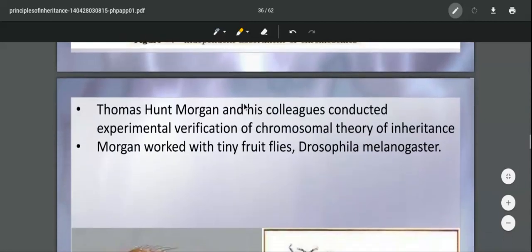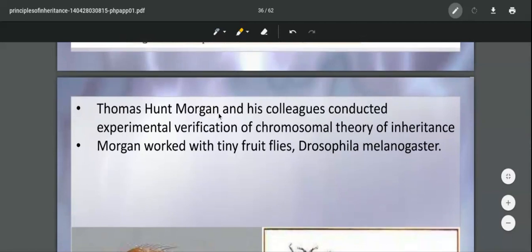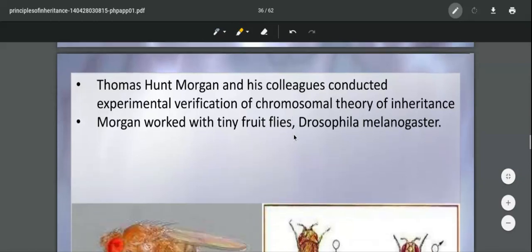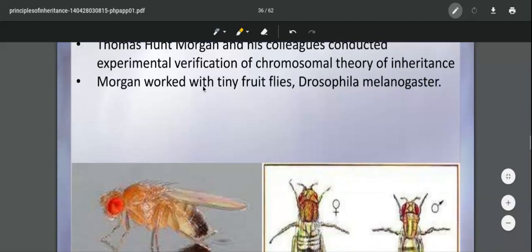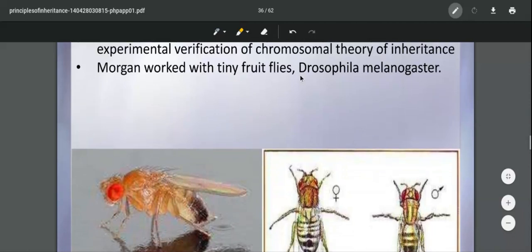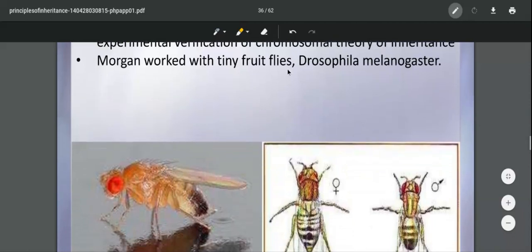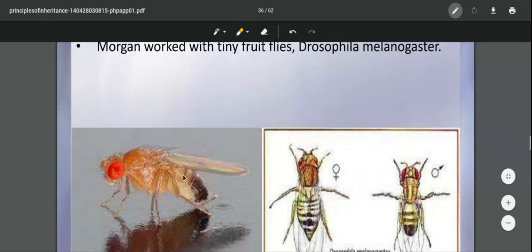Then this name is not to be forgotten, Thomas Hunt Morgan, because he did the work of giving the experimental proof, experimental verification for the theory that Sutton and Boveri proposed. Sutton and Boveri proposed the chromosomal theory of inheritance. Morgan provided the experimental proof. And for his experiments, he used the organism fruit fly. Scientific name is Drosophila melanogaster. As you can see, this is Drosophila